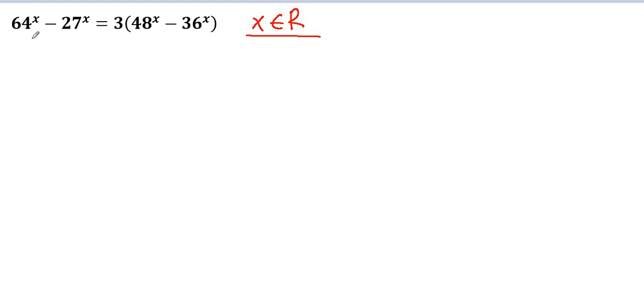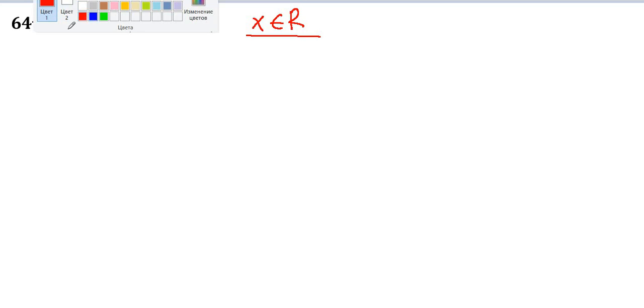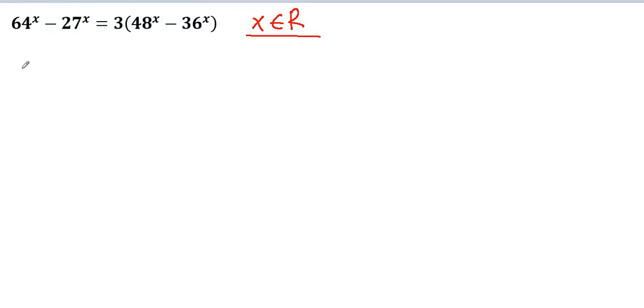Let's start. As you can see, the left hand side can be written as 64 to the power of x is 4 to the power of 3x, minus 27 to the power of x is 3 to the power of 3x. I can also rearrange the right hand side of this equation. We see that 48 is factorable,